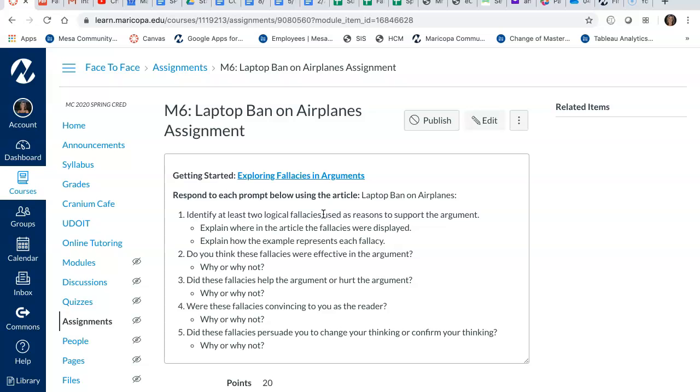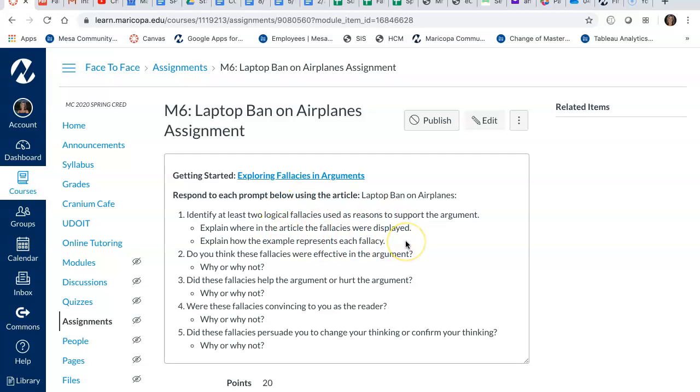So you're going to just name the fallacies here. Then I want you to explain where you found those fallacies in the article. So where were they located? Which paragraph? Or you could copy the line or phrase that you believe is the fallacy. The last piece of this question is that you actually have to explain it. Whatever fallacy you pick, you need to explain how that fallacy was represented, and how that example relates to the fallacy that you picked. This helps me know that you understand the fallacies and what they mean.